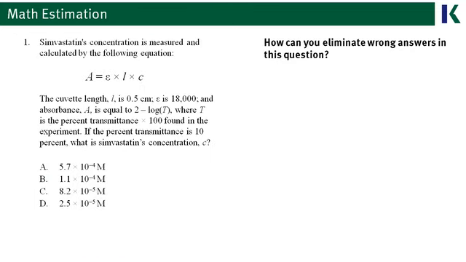Starting here with number 1, we can see that there's a lot of variables in this question, and the answer choices are all numbers. So we can tell this is going to be a math question, maybe even a longer math question, because we have some logarithms in here that we might have to take. We're given this equation. So the first thought we have is we should probably do long math problems last. When you put questions last, sometimes you're completely running out of time on the test and you just don't have time to do a lot of math.